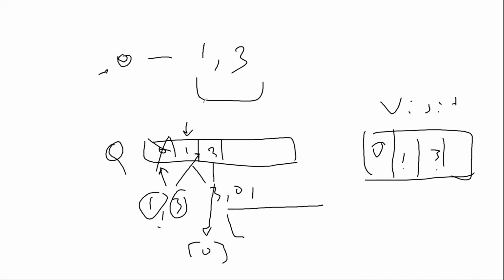What I'm trying to do when going through this queue is increment a counter, the number of nodes I'm visiting. In this case, I'll be visiting only 0, 1, 3, so only 3 nodes. Whenever I come to the queue, I keep incrementing the count, 1, 2, 3, and I check if this is equal to the size of the array.